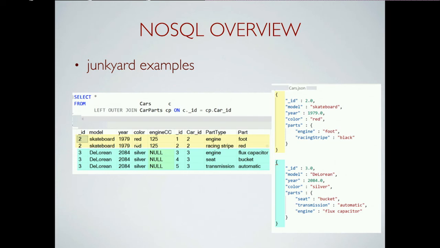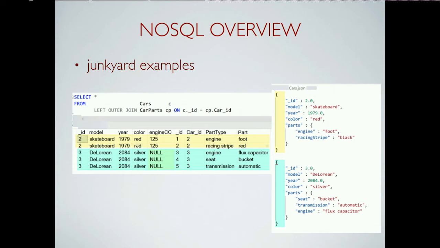So this is the basic structure or basic look of a JSON document. Now I've formatted it, it's got nice spaces and everything's lined up, right? Not how you usually see it. They're all just jammed together in one big line. But there are tools that will format it for you like that. And if you look at that, you'll see the documents on the right, the yellow one corresponds to the yellow in the SQL table, okay?